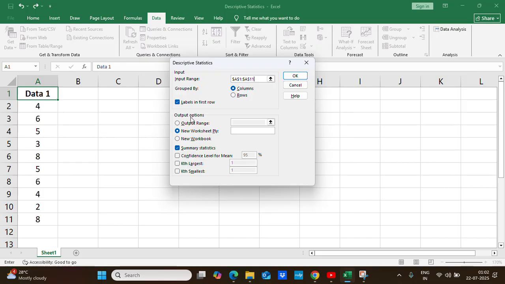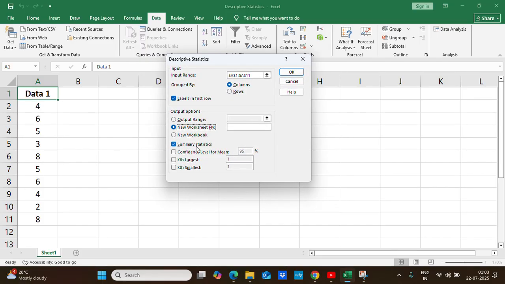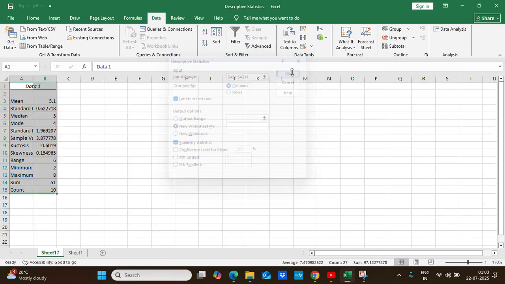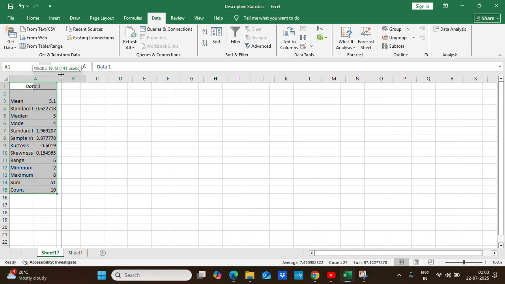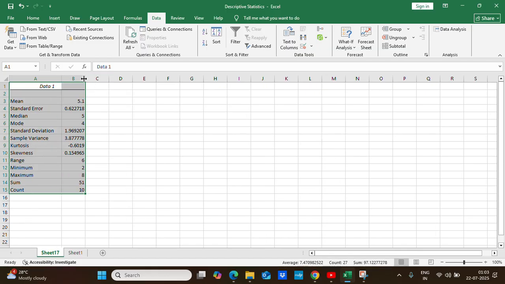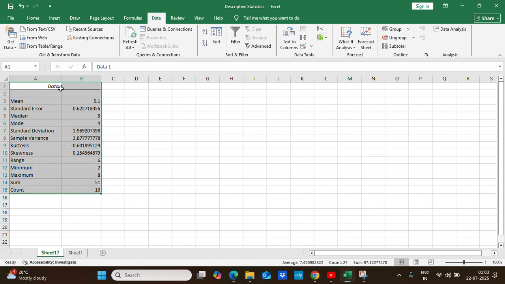Now I want the output in a new worksheet, so I will select that one. If you want the output in a new workbook, you have to select that one. Then click Summary statistics, then OK. So this will give you a new worksheet where you will get your descriptive statistics result for the